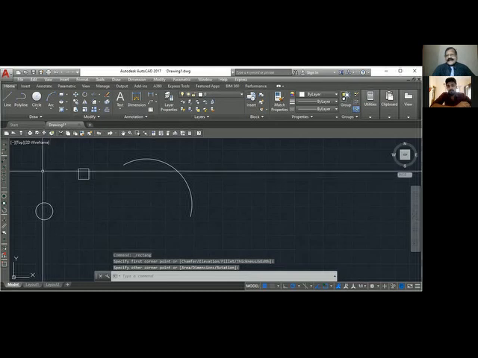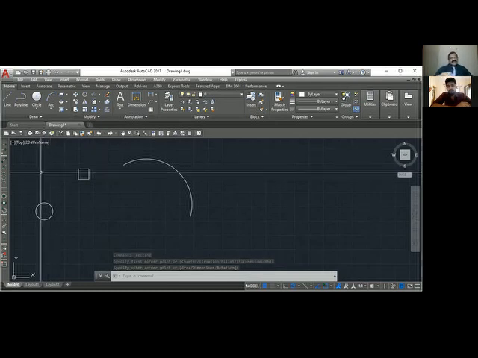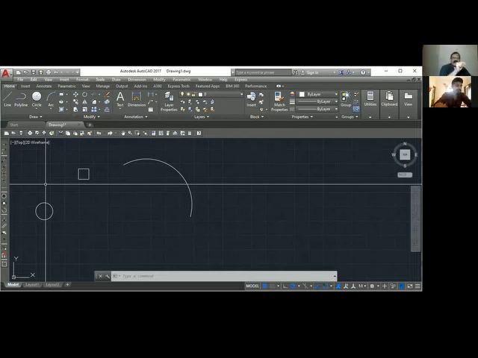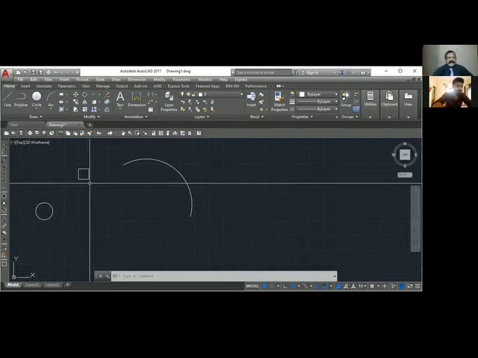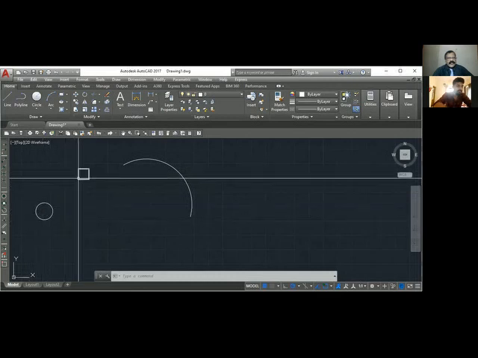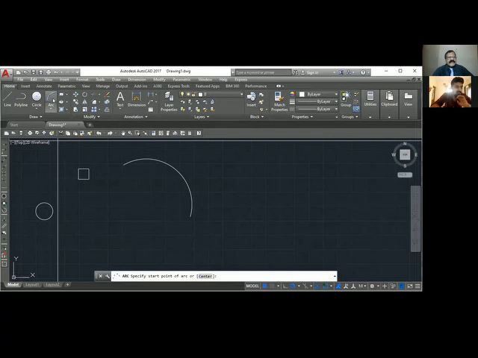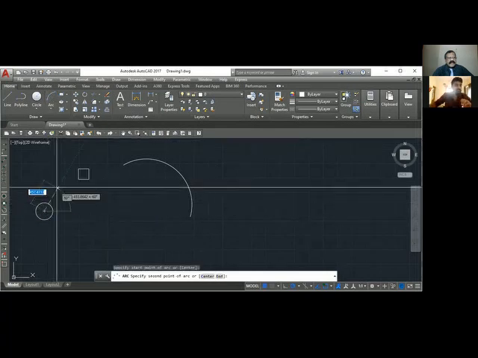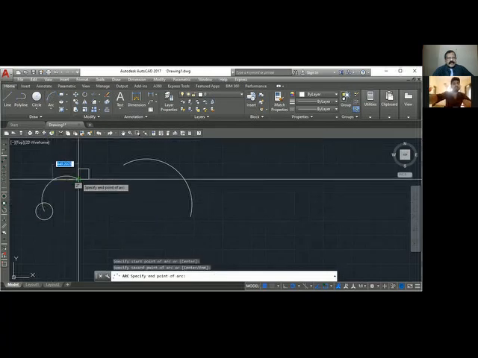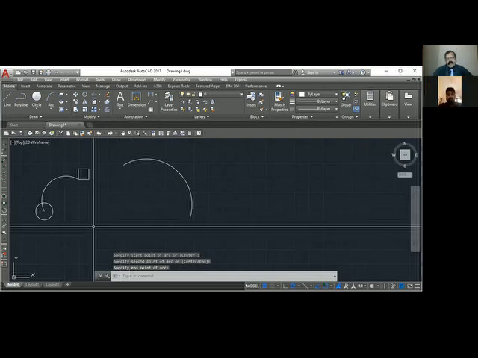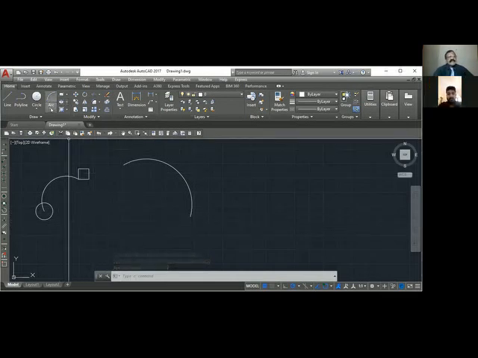Sometimes when you draw the electrical drawing and other thing, if you want to show the wiring and other thing, you have to show from the electrical point to the switch, you have to draw. So there we use the arc. So suppose I want to draw an arc from center of this to intersection of this. So I will use the 3-point arc. Center, second point here and third point here. You can see. So 3-point, many of the time you'll be using 3 points. So that is one method.